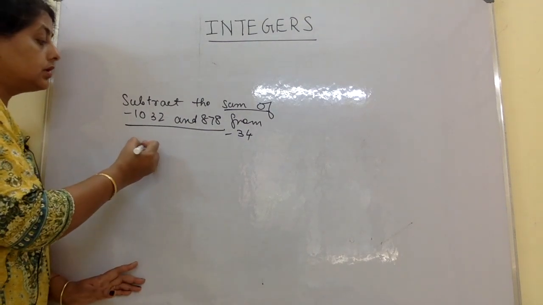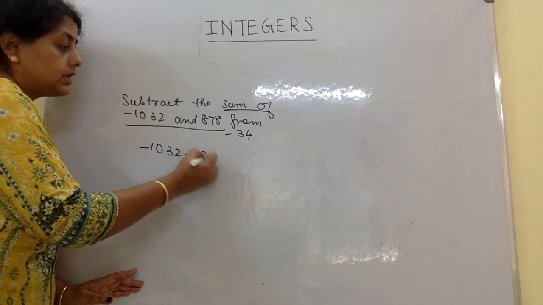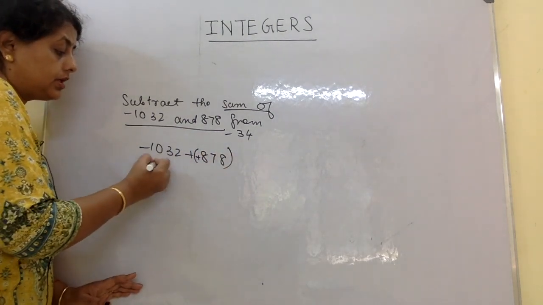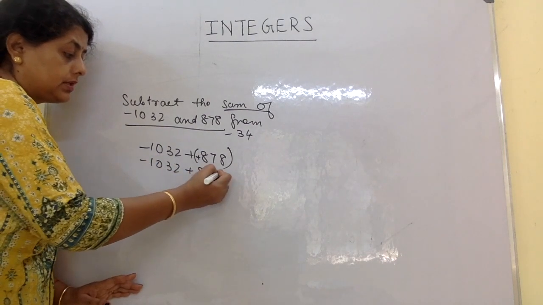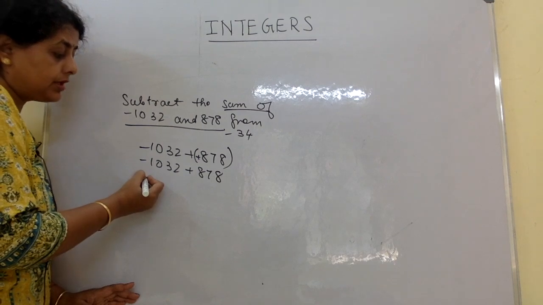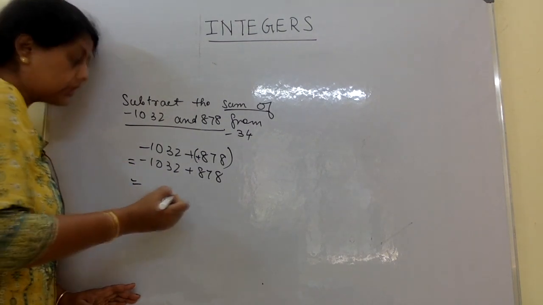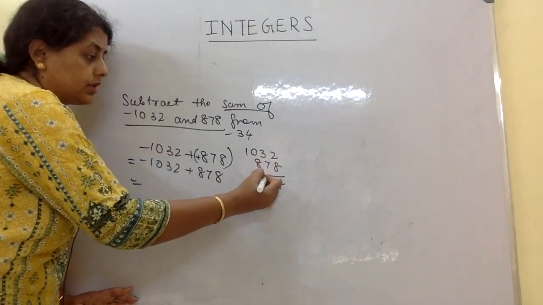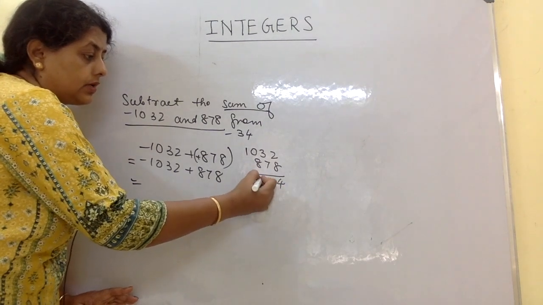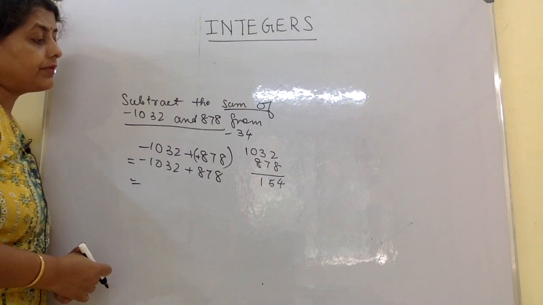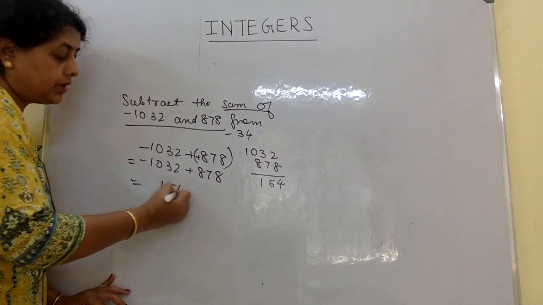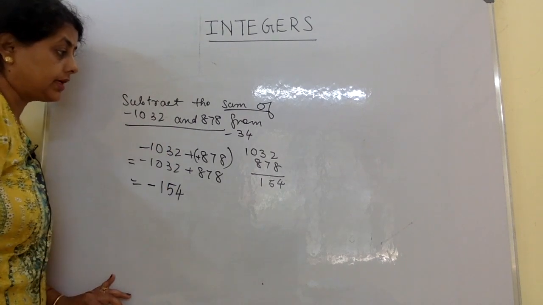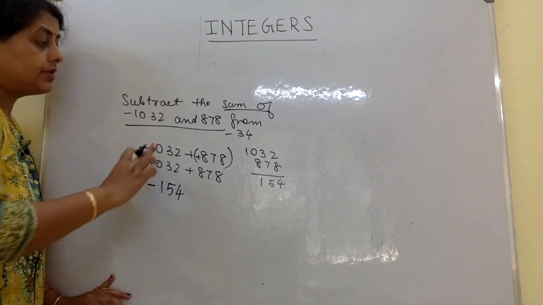So here minus 1032 plus 878, because this is positive plus. If you want, you can even write it like this. In the next step you get this plus into plus, plus. So how much do I get? Note one thing, it is different signs. 1032 minus 878, this is 4, this is 8, so 5, this is 9, 1. So it comes to 154. So 154 I wrote, but then what is the sign? The sign is negative because the bigger number has the negative sign. So that is the first part done.